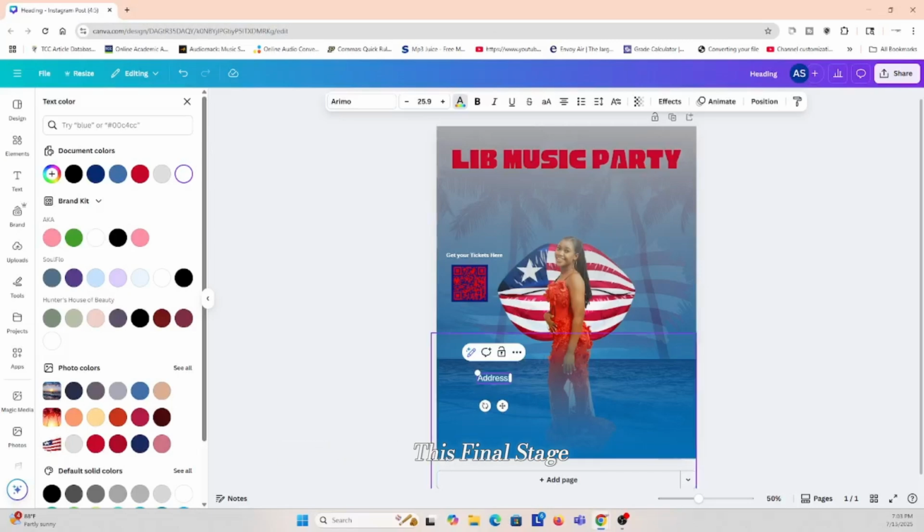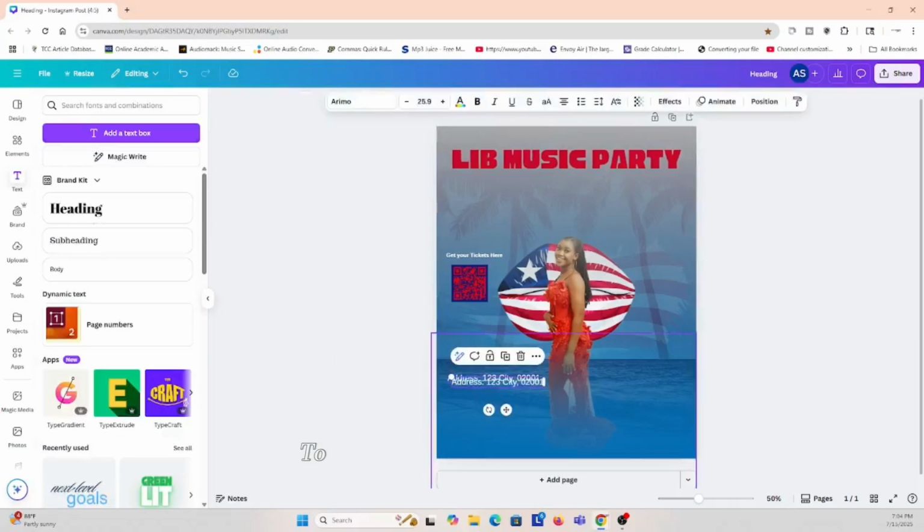This final stage is about adding small graphic elements to fill empty space and enhance the energy of the design. Go back to the Elements tab and search for items that fit our theme. Make the background transparent and the font size very large. Change the color to a white and blue, just slightly lighter than the background, and place it behind all other